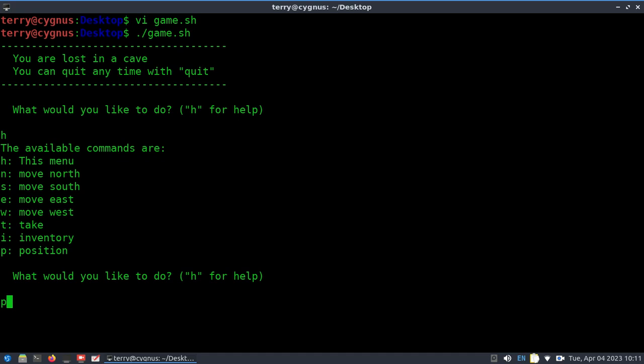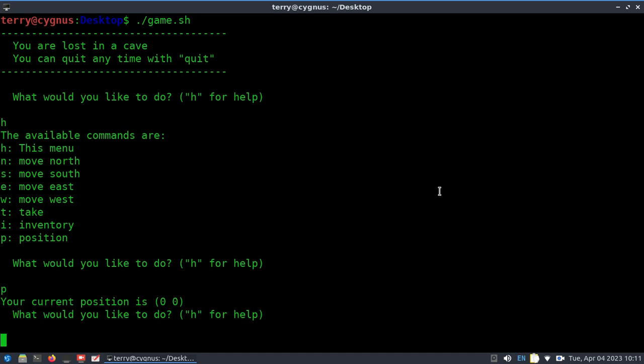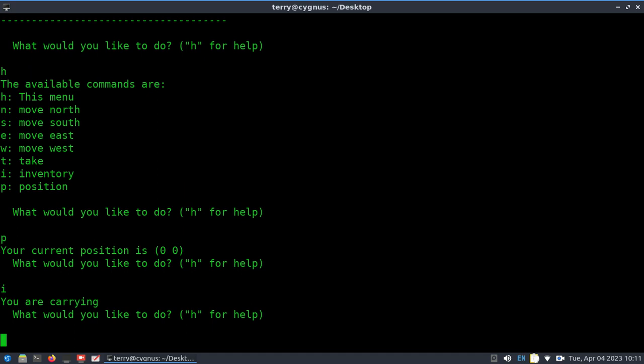Let's do P for position. Your current position is 0, 0. That's good. Let's do I for inventory. You are carrying, and then blah. So it didn't actually say you're carrying nothing. So that means there's something wrong with my code, and I think the wrong thing is when I put not equal to 0. So what I should do is